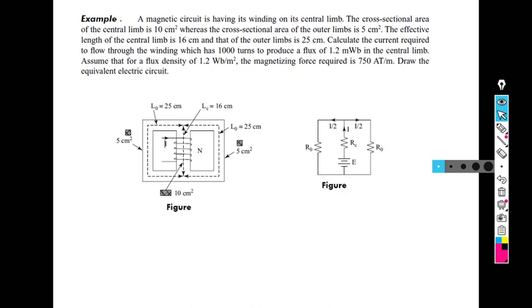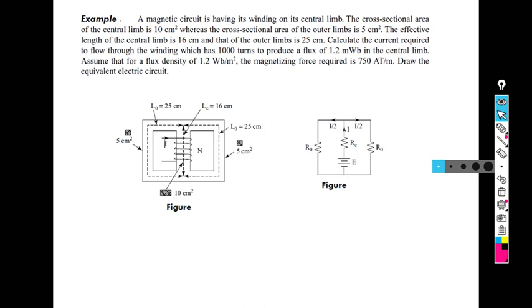Now, if we find out the voltage drop here, then the total voltage drop is equal to this voltage, or you can take the voltage drop here, then the same thing will happen here. The total voltage is equal to either this path voltage drop plus this path voltage drop, or the total voltage is equal to this path voltage drop plus this path voltage drop. Both reluctances are same, and this is a parallel circuit. So, you can take any of the paths. Okay. So, what you have to do first?